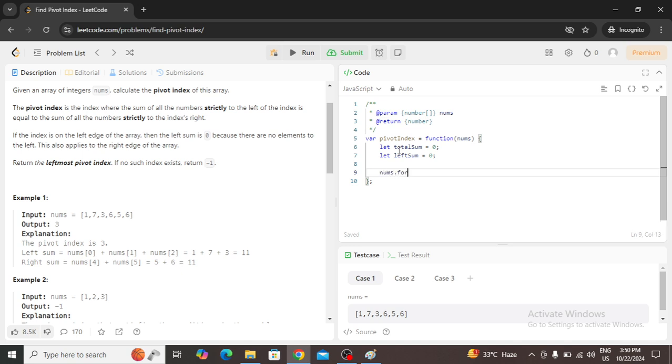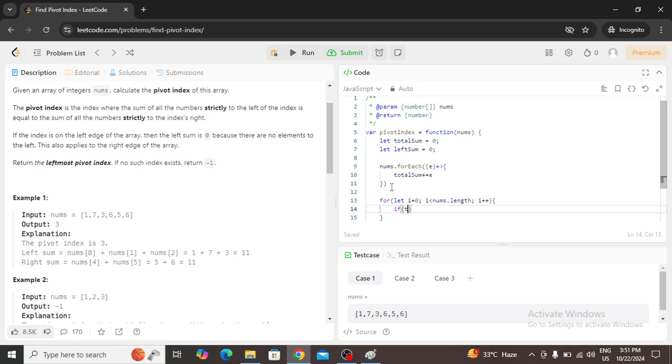You can also use a for loop to find the sum, but I prefer the for each loop here. So the total sum will be the sum of all the elements. Then we will try to find the pivot index, using a for loop: let i equal 0, i less than nums.length, i plus plus.